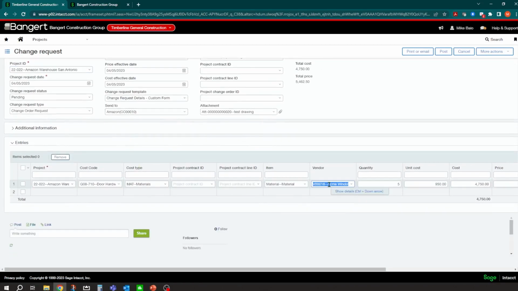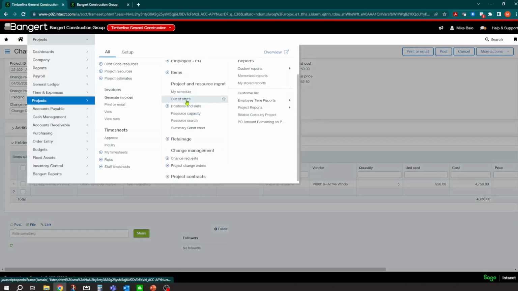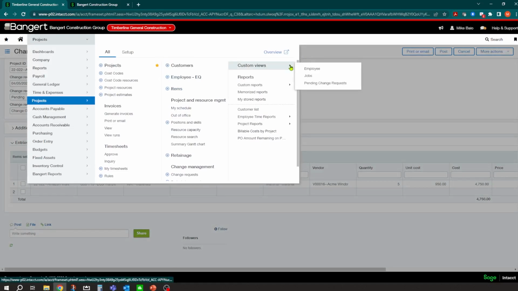When you notice what the fields you can have here, you can add the vendor field on the change request. So basically what you can do is you can track what vendor you're going to use to do the subcontract change order for this cost code and what their quote was. So you can track it here and report on it. And that can help you get your subcontract change order views built and ready in the system.